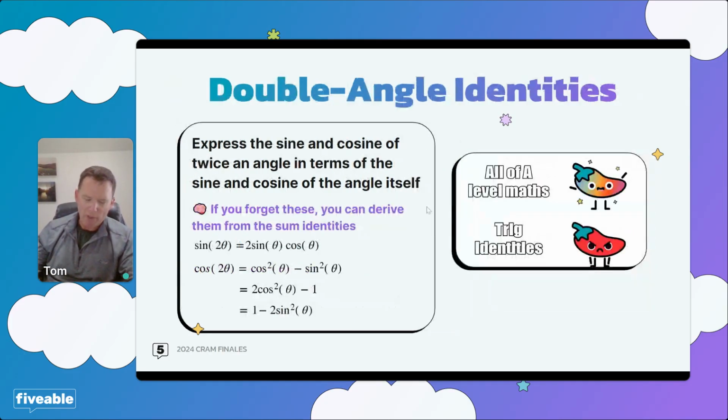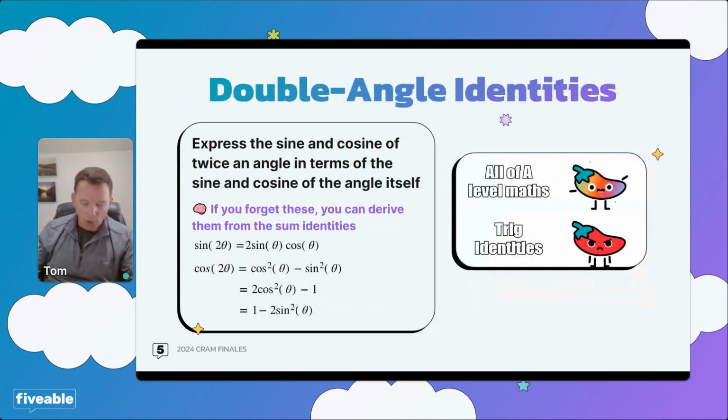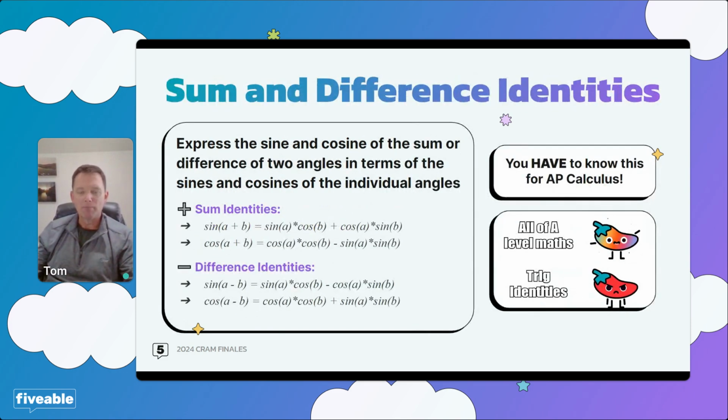The cosine one's a little bit weirder, but bear with me here. I say cosine changes, because the word change starts with the letter C, but it's pronounced differently, right? But cosine changes. So if you see cosine of A plus B, we actually put a minus into the identity. And if it's cosine A minus B, we put a plus in the identity. These are things that are worth memorizing for sure. Okay, go ahead and look at the next slide now.